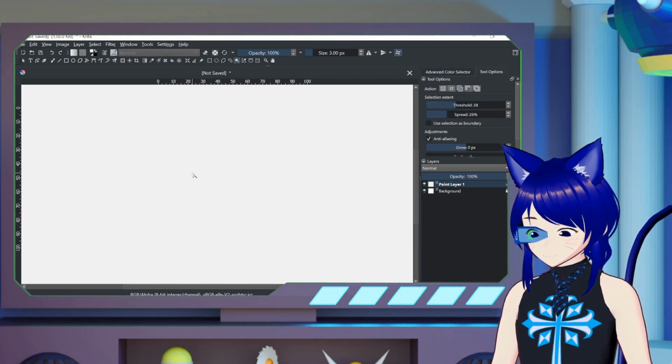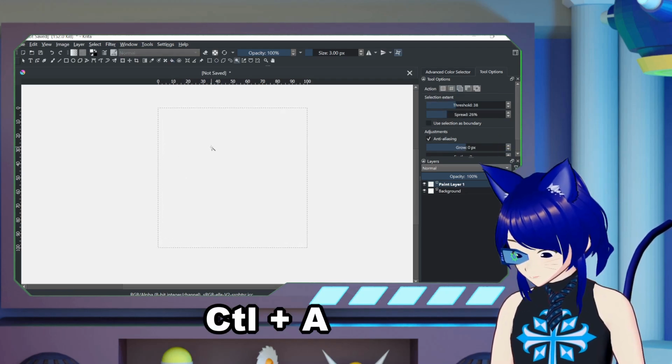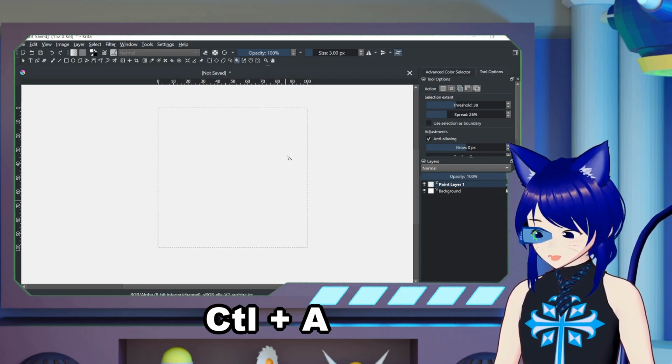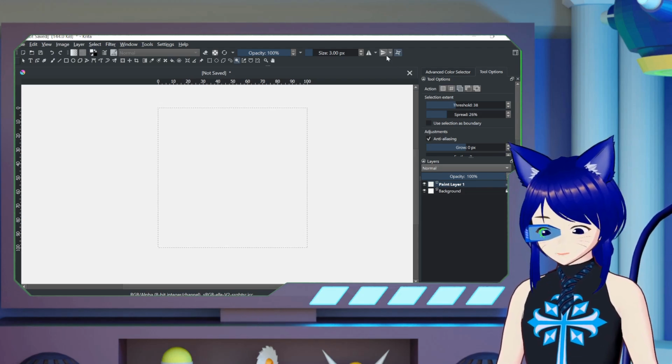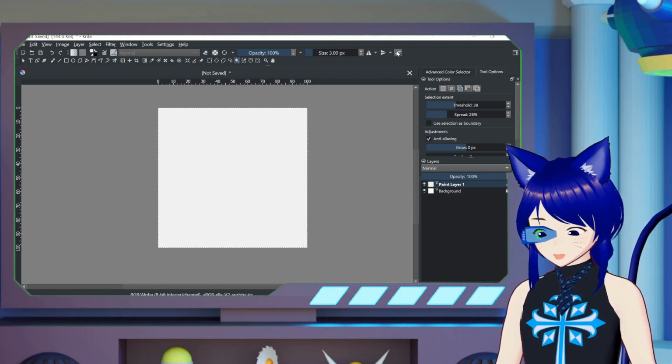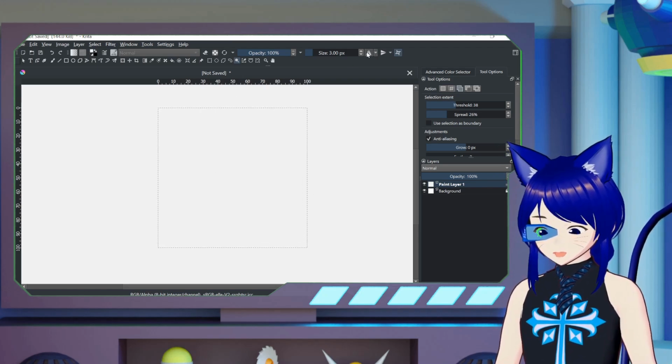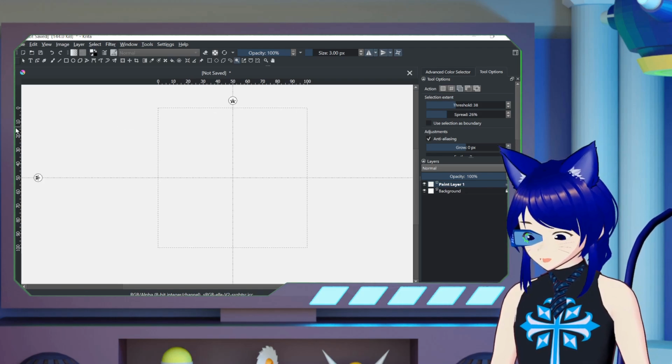So I'm going to do my marquee. You can also do Control A. So if I undo it and I hit Control A, it does this as well. So you can see, as I undo the wraparound, it's got the canvas covered. Now I'm going to go ahead and hit my mirror tools because I want to bring in my ruler